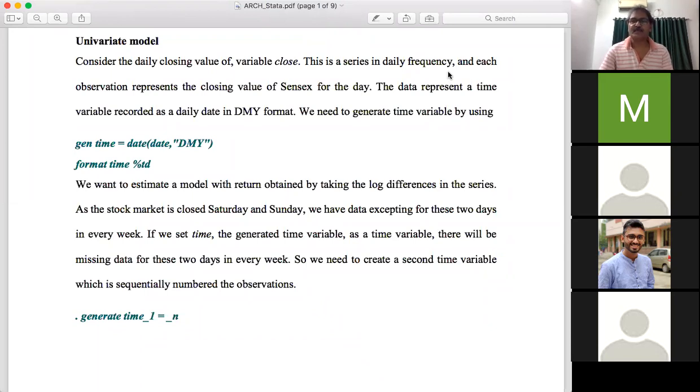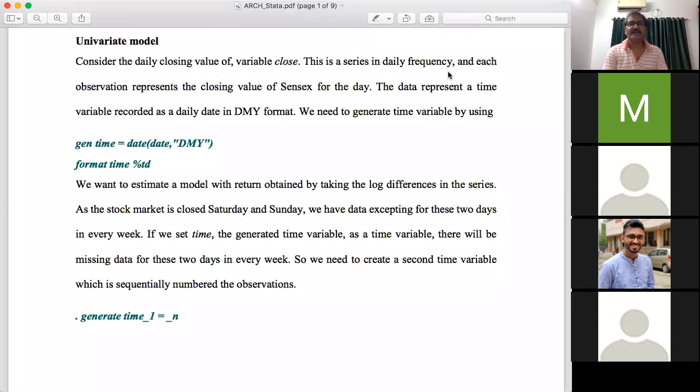So Sensex provides summary information on the performance of the stock exchange. By looking at the behavior of the Sensex, we can understand in a macro sense the price movement of the stocks, of the shares, whether it is rising or falling, etc. And accordingly, we can calculate the return.